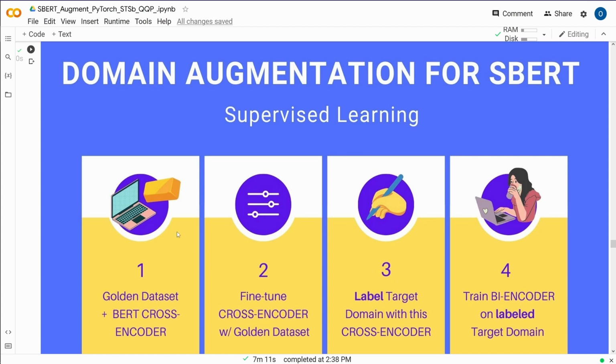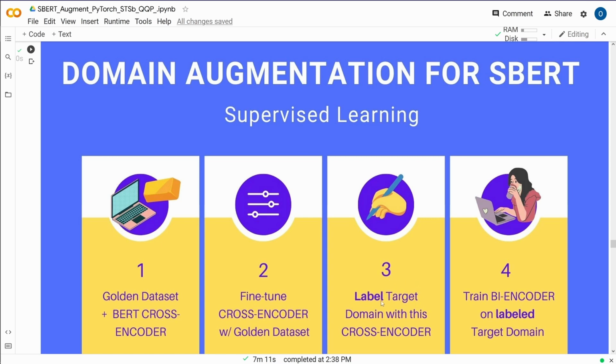4 steps are here. We start with a cross-encoder. And we have a golden labeled data set of a domain A, let's say mathematics or chemistry, whatever you like. Then we will fine-tune the cross-encoder with our golden data set. So we will get a golden cross-encoder, and I will show you a method, of course, by SBERT, invented by the beautiful people from SBERT.net, to create on a different domain, on a target domain, and this is now, I don't know,